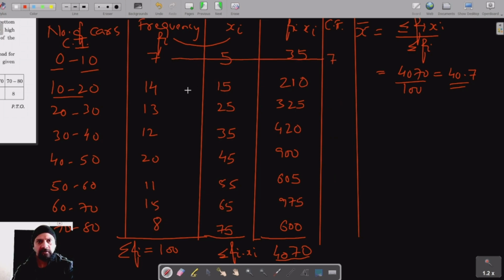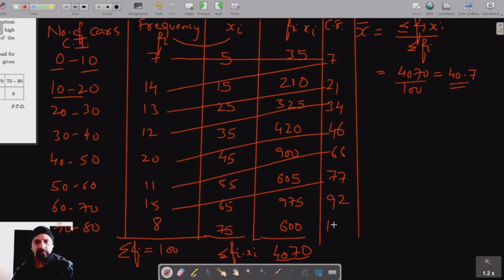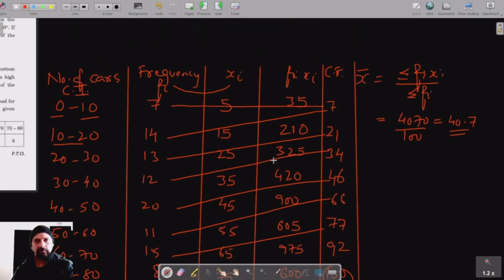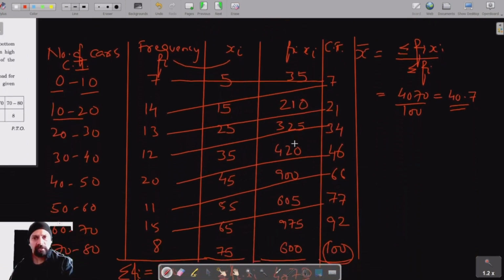So this is 7, 7 plus 14 is 21, 21 plus 13 is 34, plus 12 is 46, plus 20 is 66, and 11 is 77, and 15 is 92, and 7 is 99, and 1 is 100. Okay, so now n by 2, which is 100 by 2, is 50, and this 50 we